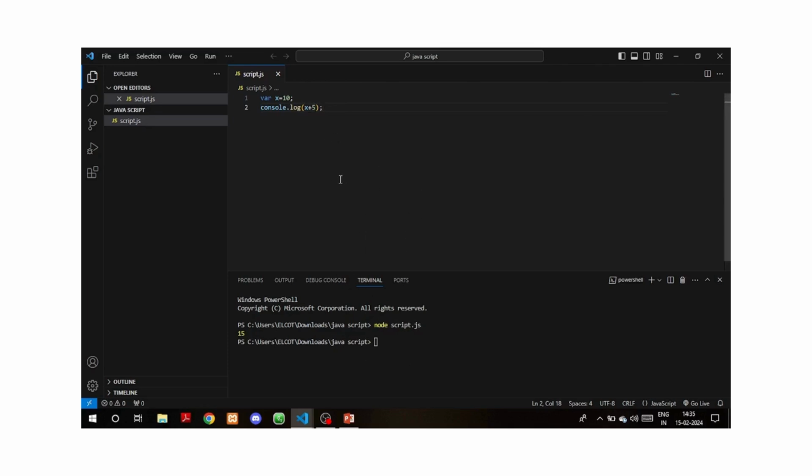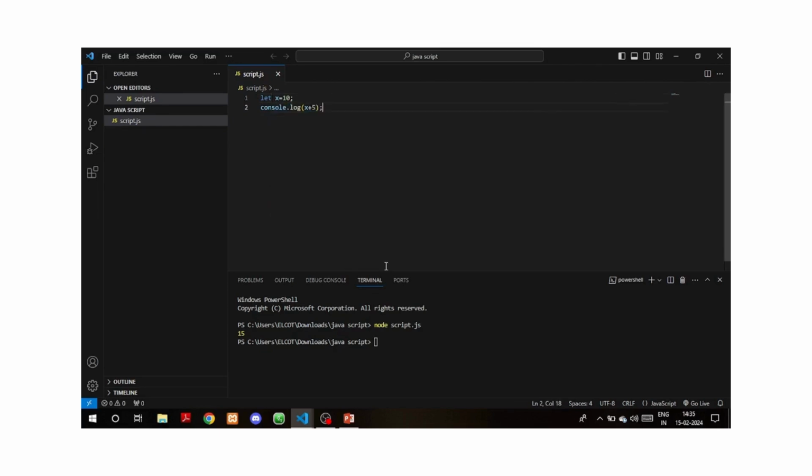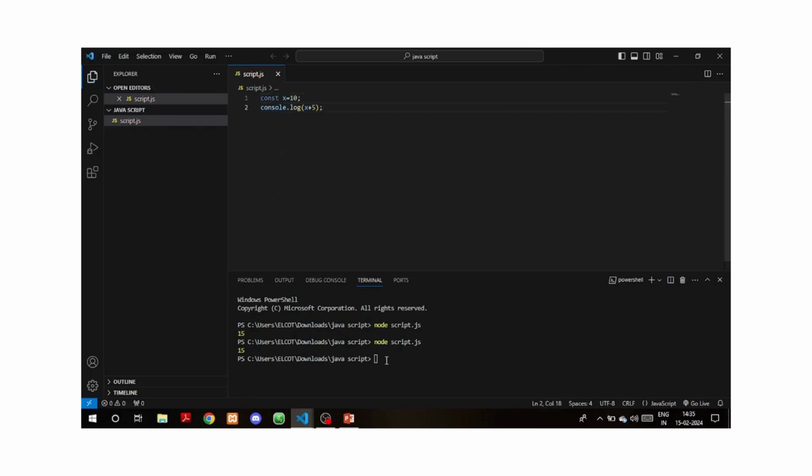In this program, first I used var to declare the value. So now I change that var into let. Now I save that and I run this. See, this also gives the value 15. Now I change the let into const. Save, run. See,